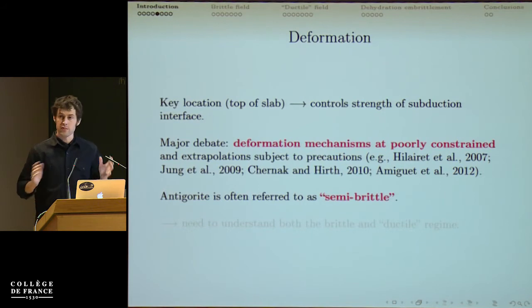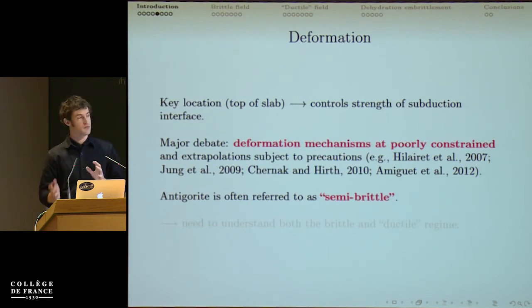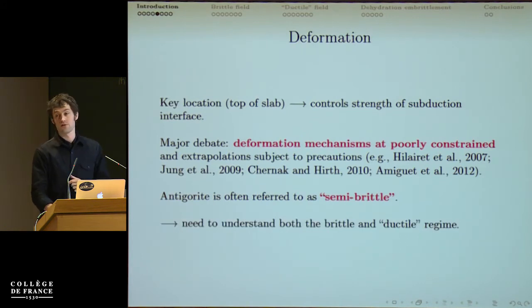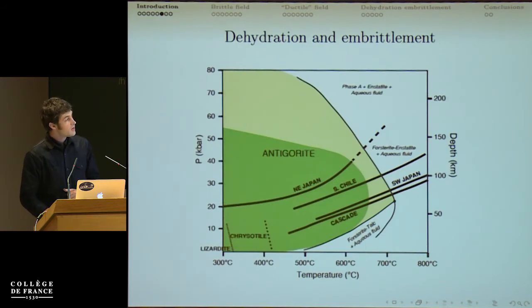So there's always a mixture of dislocations, possibly diffusion, but also micro-cracking. So we need to understand both the brittle and ductile regime if we want to understand how antigorite deforms. And the second interesting point, if I go back to these slides where I show the PT path of the subduction zone, is that antigorite destabilizes in the regime where it's fairly high pressure, above 2 GPa, for which the